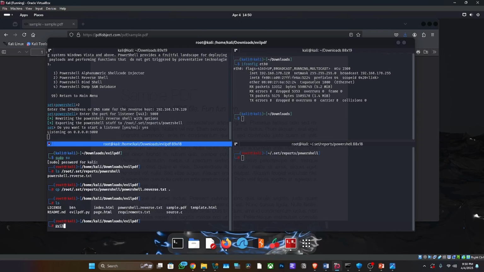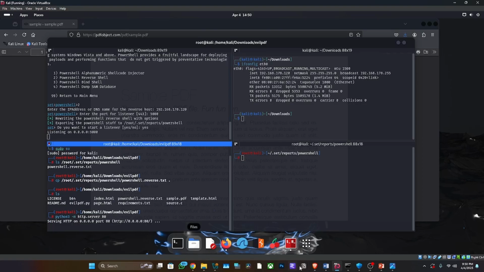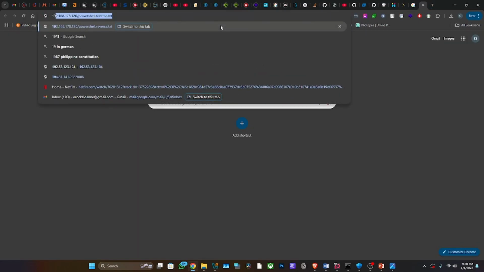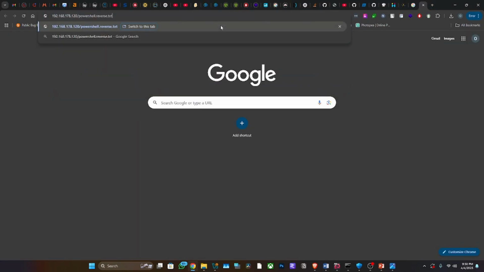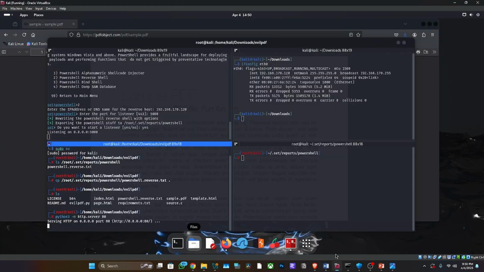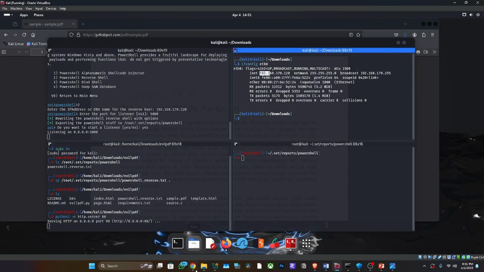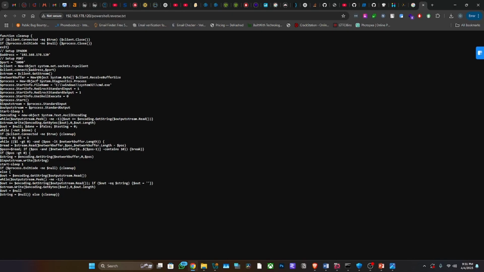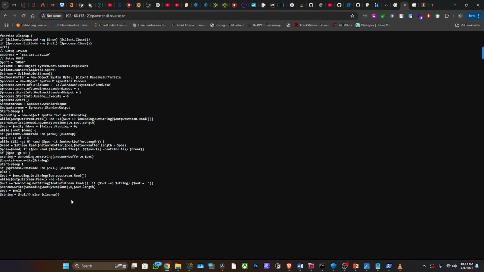So we create a Python server on port 80. Now we're going to our target machine now, our Windows. We open our browser, open our server. So we type the IP address of this Kali machine, the file name, and we click enter. So this is the file now. This is the reverse shell code. So you copy this code